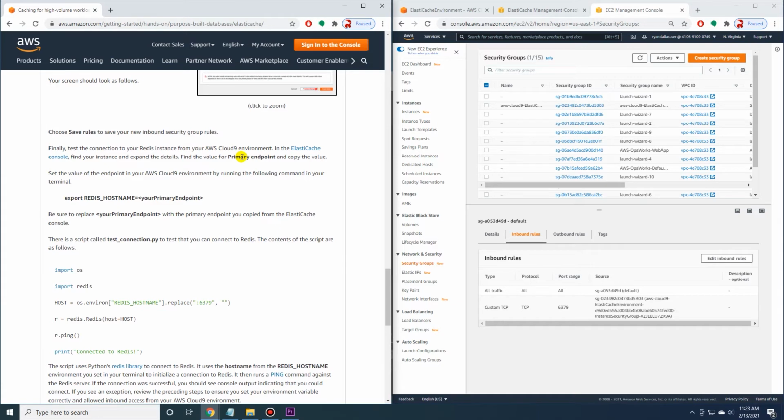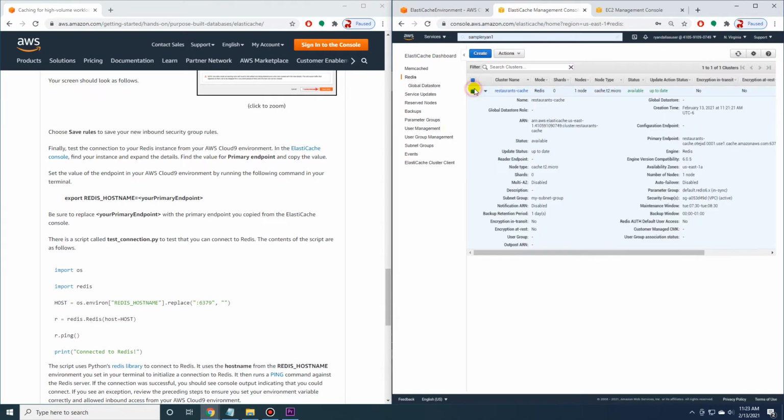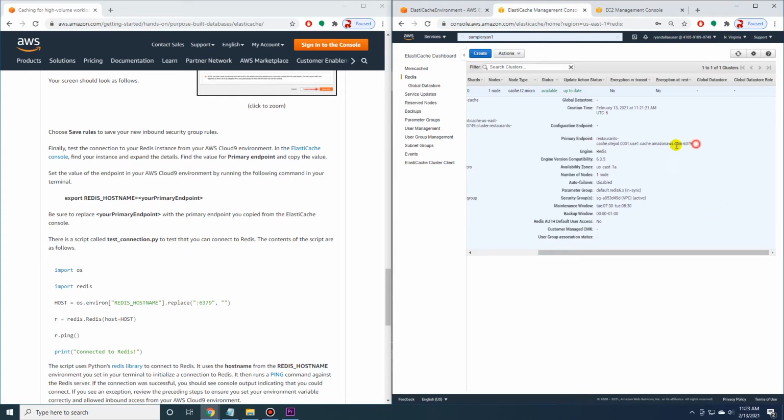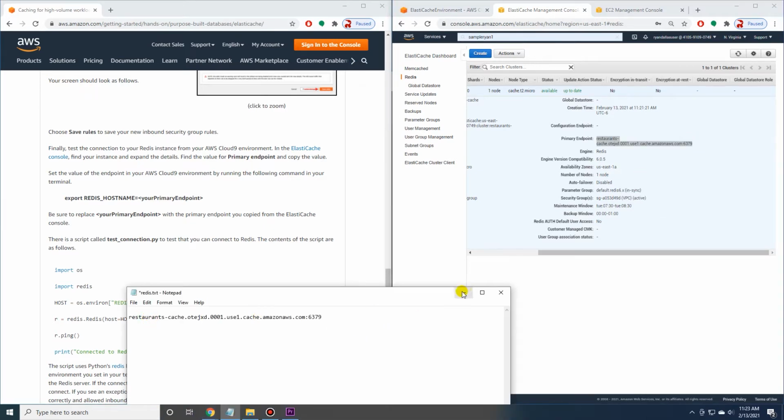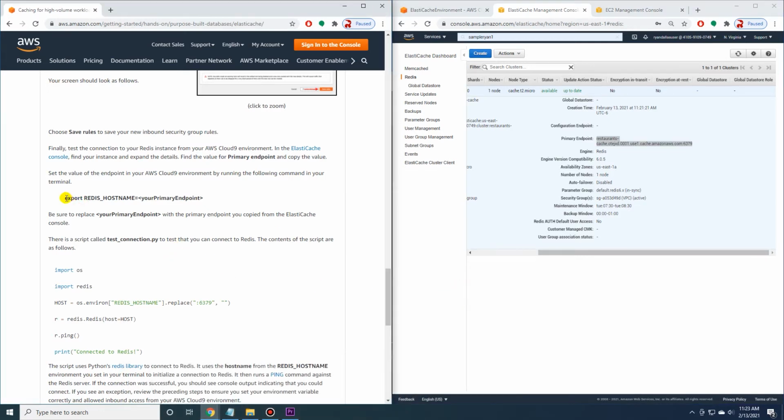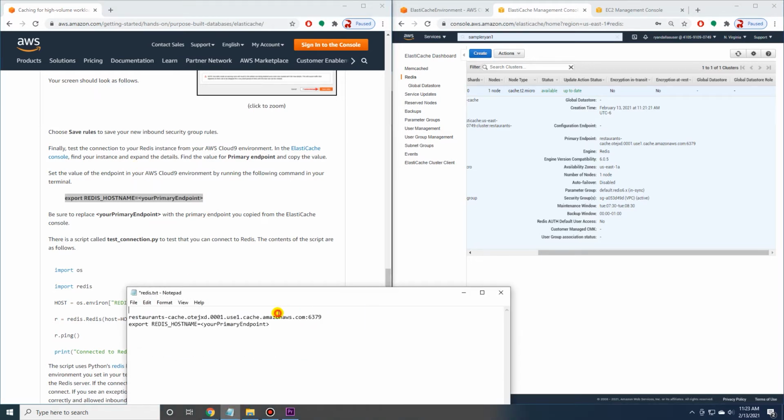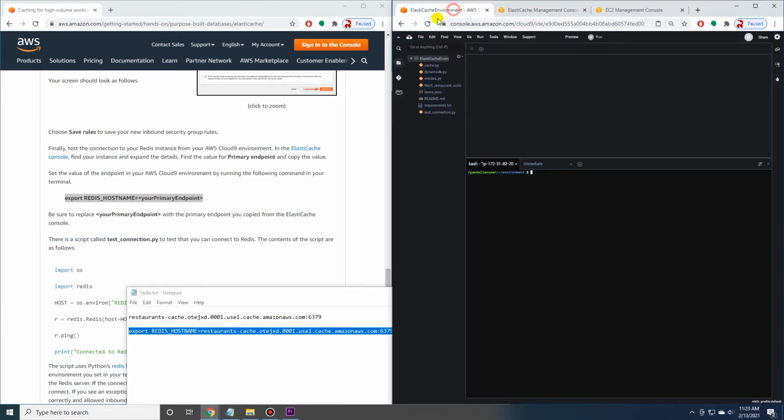Okay, find the value for the primary endpoint and copy the value. So let's go back to Elasticache, select our cluster, and we want to copy the primary endpoint. So copy that, put that in my notes. Also need to copy this command. And then replace your primary endpoint with our actual endpoint. Okay, so we will copy this, go back to our Cloud9,